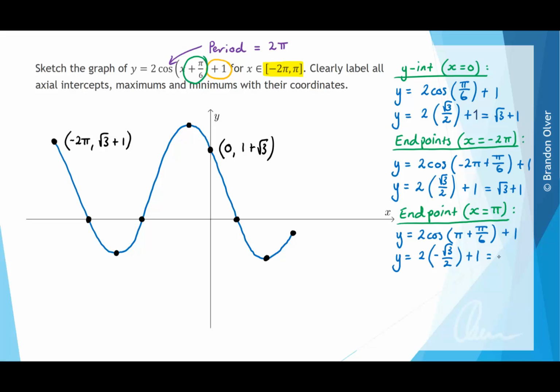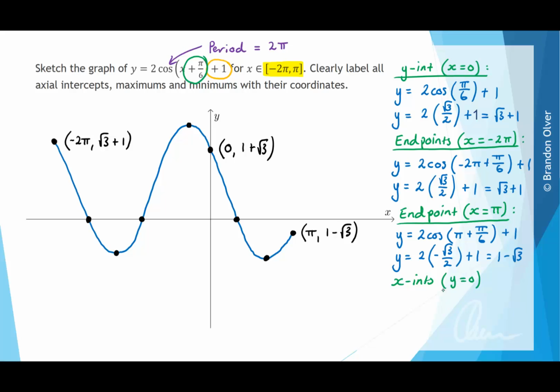And that value, when you simplify it down, will be 1 minus root 3. So that's this coordinate here, which is at x is pi and y is at 1 minus root 3. So again, that's how I knew to stop the graph at that point. Next, with our algebra, we're going to find the x-intercepts of this graph, and we know that they occur when